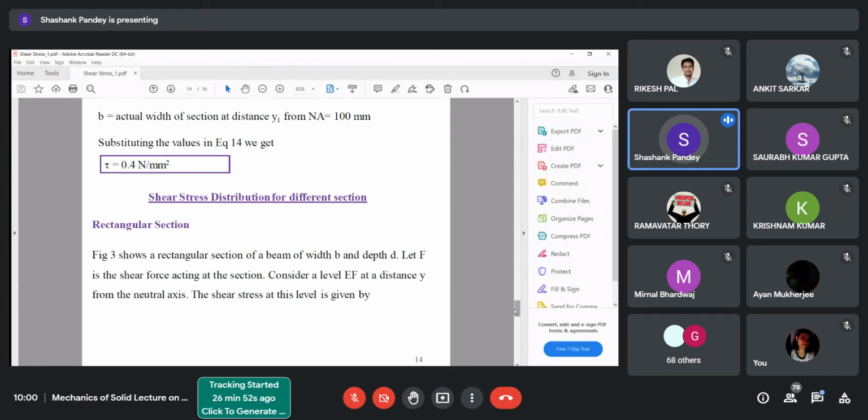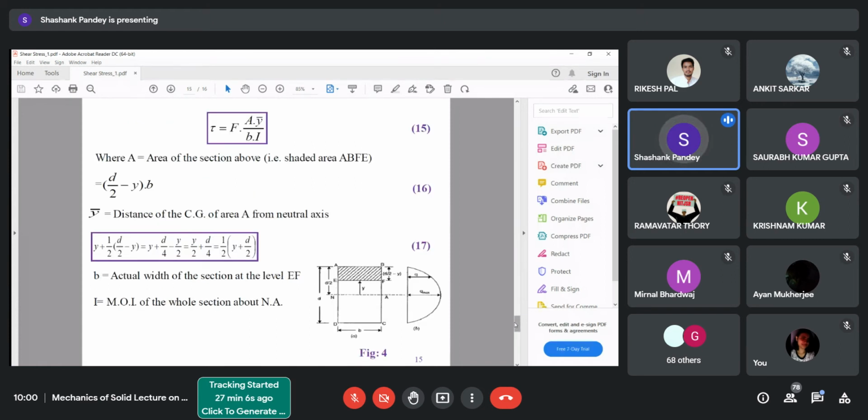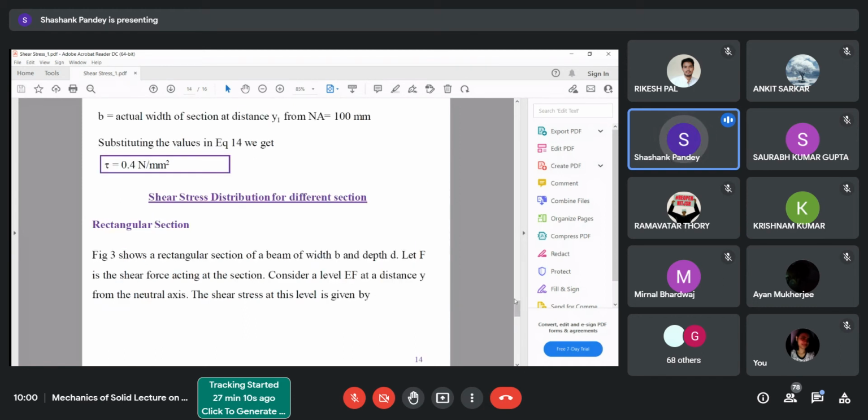So let us proceed towards our next step, that is shear stress distribution for different sections. First we will take the rectangular section. Here we are going to derive the expression for shear stress. Figure 3 shows a rectangular section of beam of width B and depth D. F is the shear force acting at the section. Consider a level EF at distance y from neutral axis. The shear stress at this level is given by